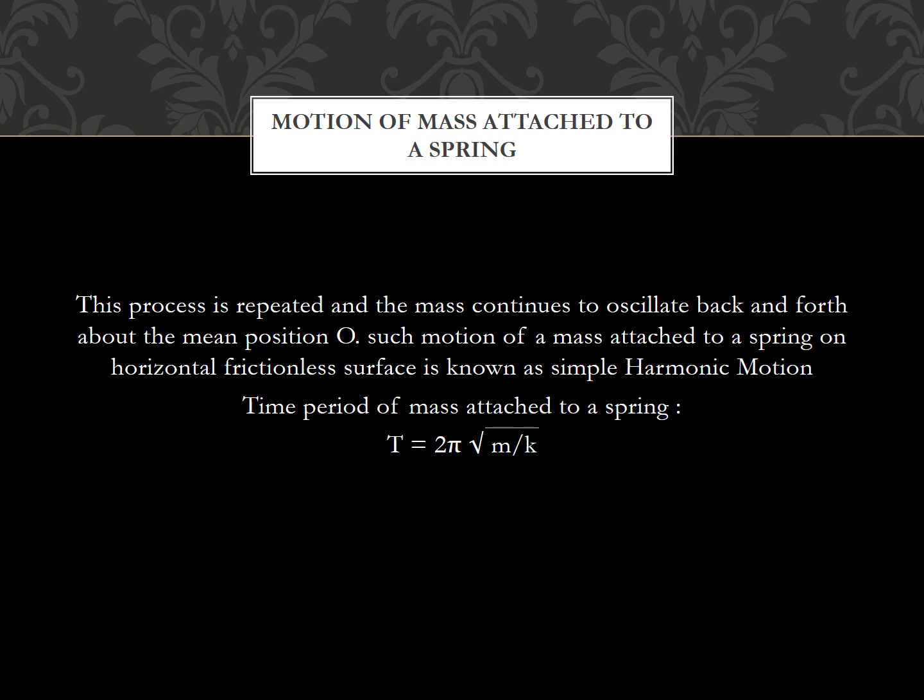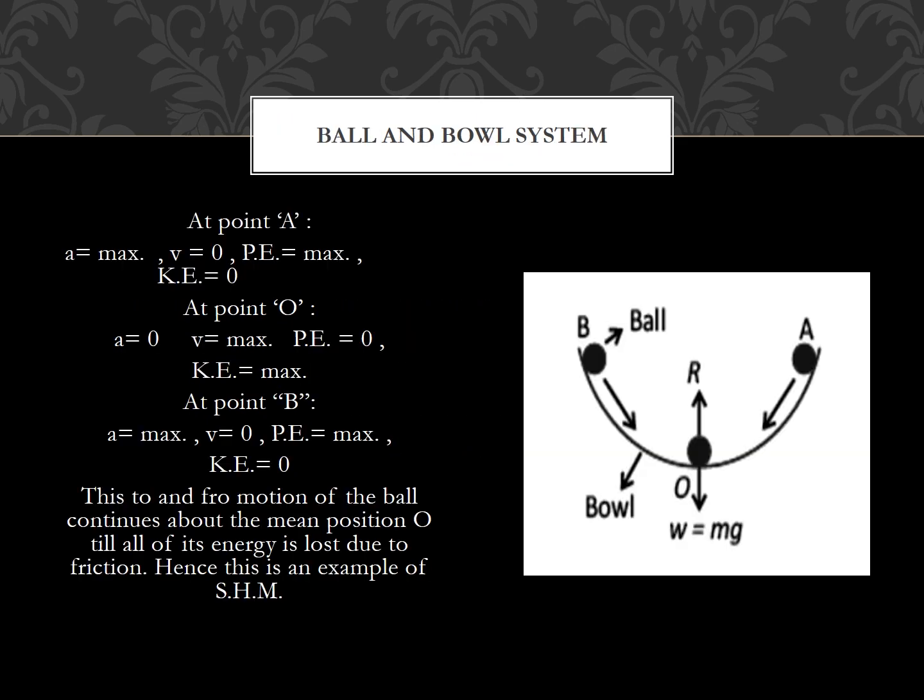And the time period for the simple harmonic motion for a mass attached to a spring system is T equals 2 pi under root m by k, where m is the mass of the object and k is your spring constant. Now the next example is the motion of a ball placed in a bowl,